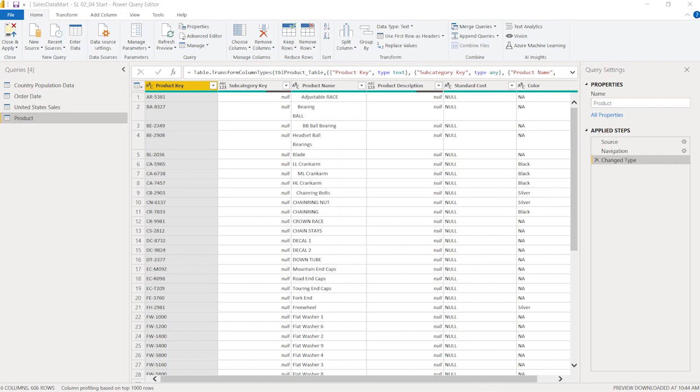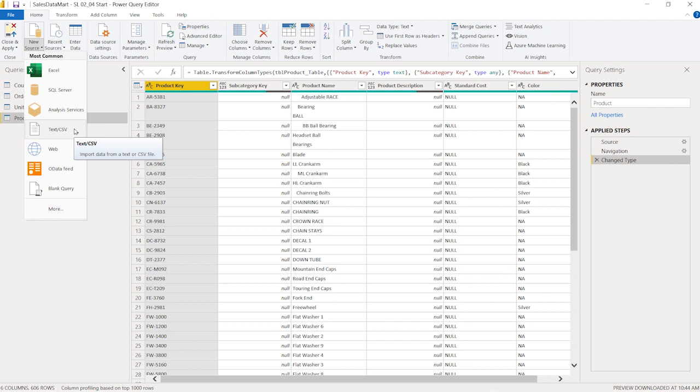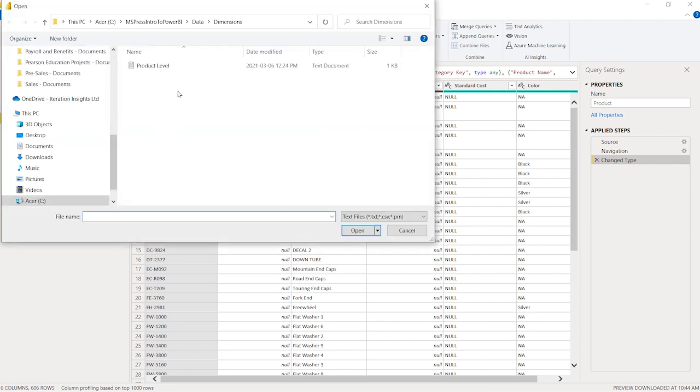Okay, so these are our individual products that we have in our product catalog. What we're going to do next is bring a text file of data in. I'm going to click on New Source, go down a little bit lower, and we're going to see text/CSV. If I click on that, I can see in my dimensions folder, I've got a file called product